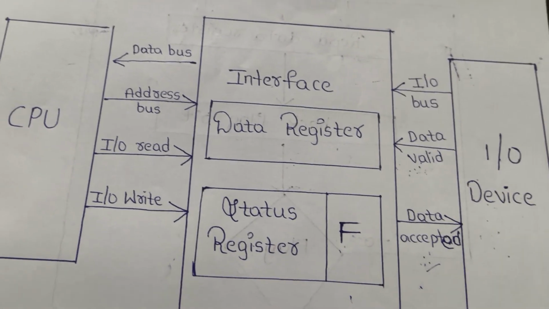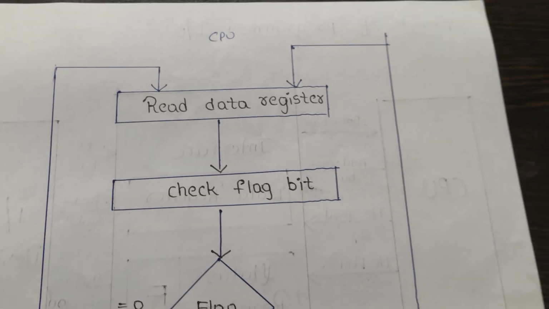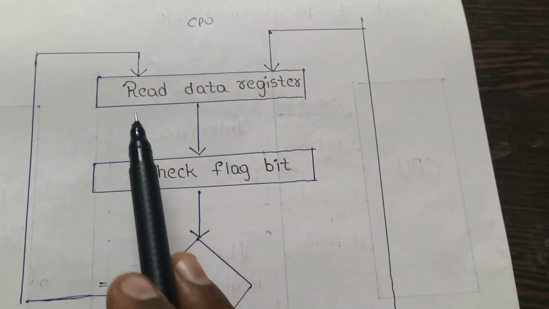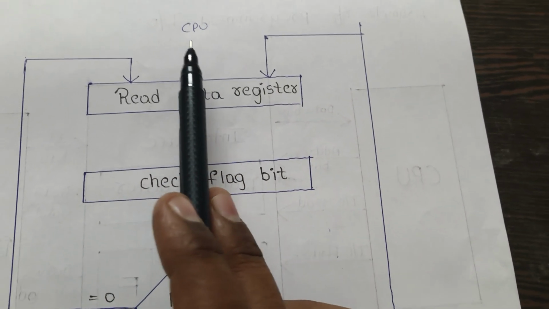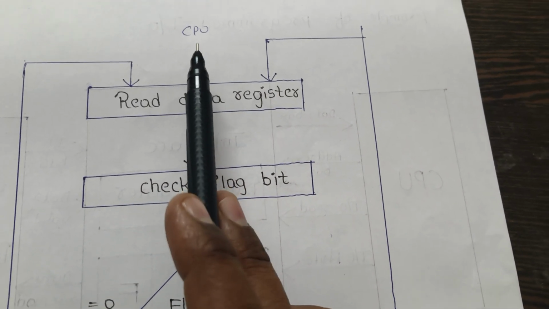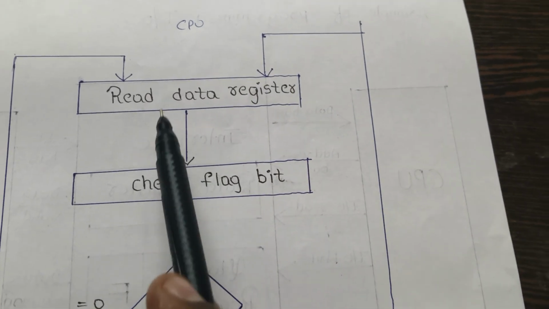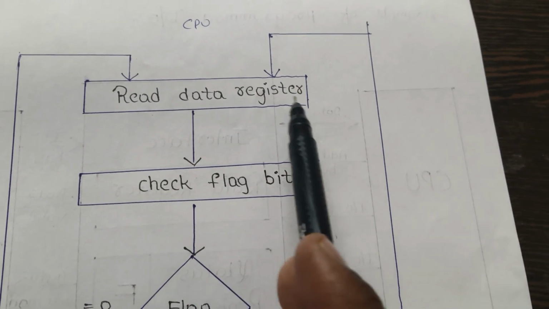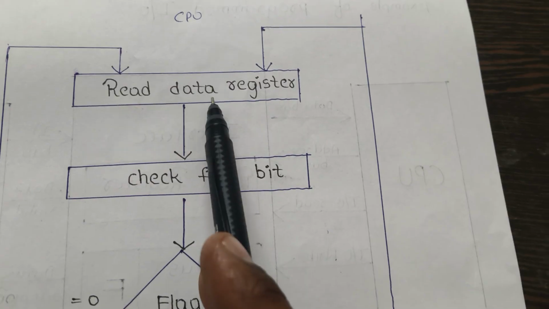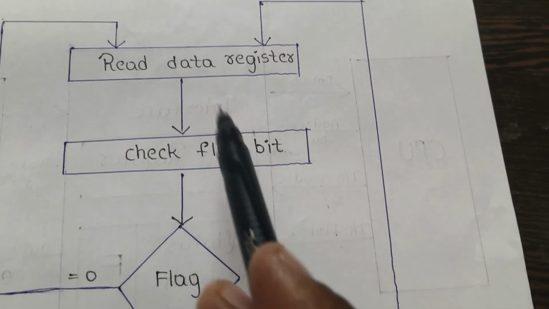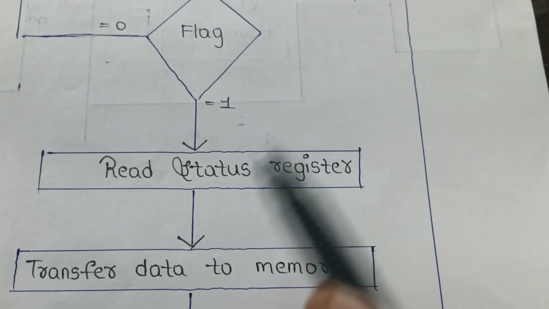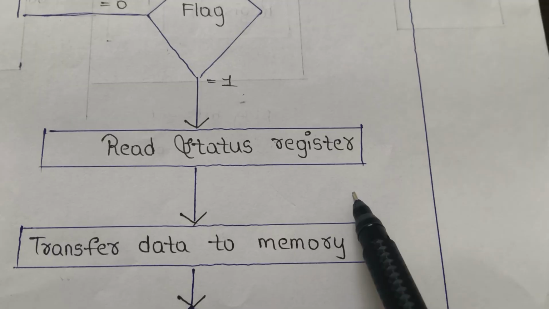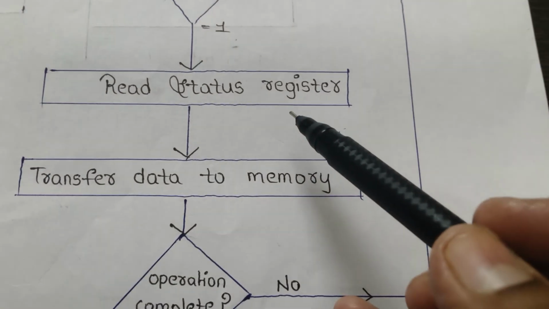So this is explained with the help of a flow chart. This is the flow chart of a program driver. See here, this is the process of a CPU. When the CPU has to execute any program, first of all, in an interface it has to read the data register, nothing but the status register value. If the status register contains a flag bit value, so if the flag bit value is equal to 1, then the CPU has to read the status register, and here the data is